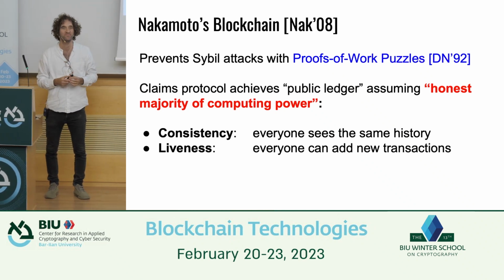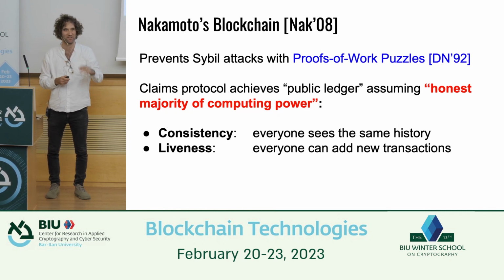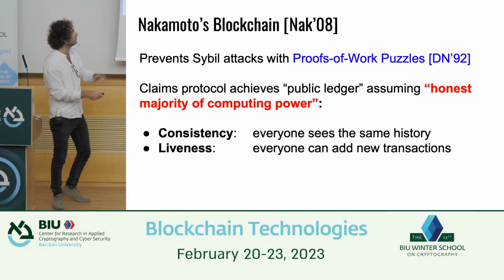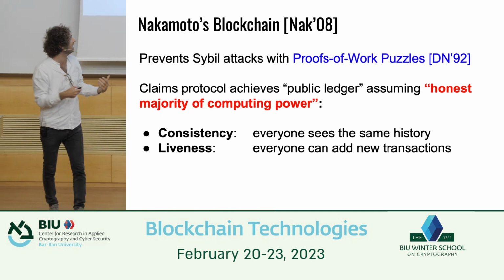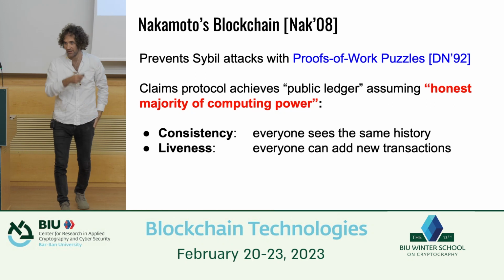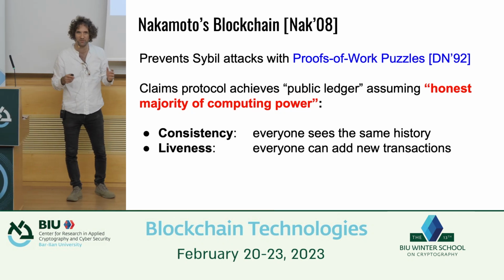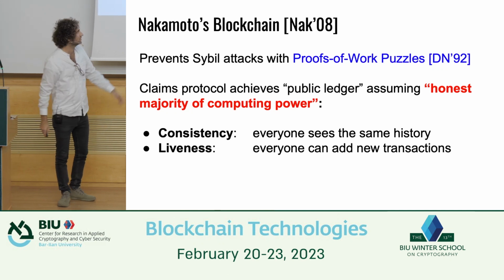In the permissioned setting, the lower bound is 1/3, or like 2/3? Oh, we'll get to that, okay? Yes, it's a great question. In fact, yes. The cool thing here is that Nakamoto had this protocol, and he claims that it is secure assuming honest majority. It's kind of bizarre, because we said there was also a lower bound of 2/3. Okay?